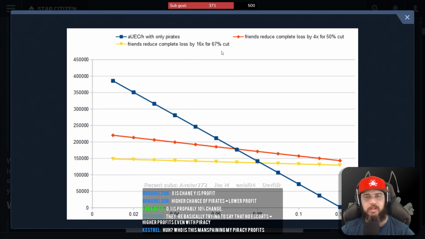Unless they're going, okay, so they're treating it like 3 parties involved with this transaction, so your 2 friends take 33% each, which ends up being the 67% cut. So at 8%, you're looking at your profit margin being at 150,000, but we have no idea how many pirates are actually kicking around. But the interesting values is that as the number of pirates increase, the higher the chances of you keeping your profit margin.